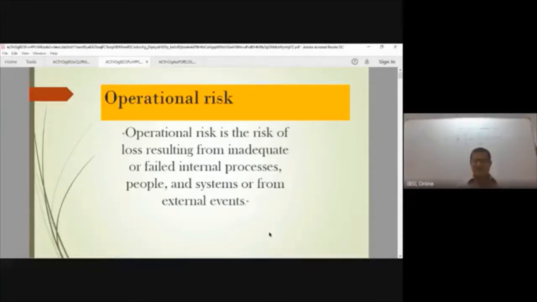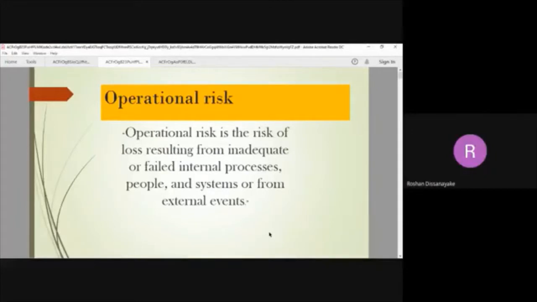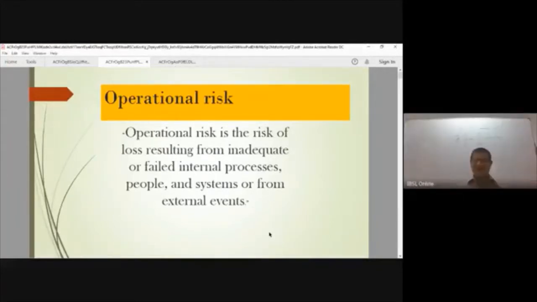So it is about processes, it is about people, it's about systems. If all those fail or are inadequate, you may be subject to operational risk. And of late,